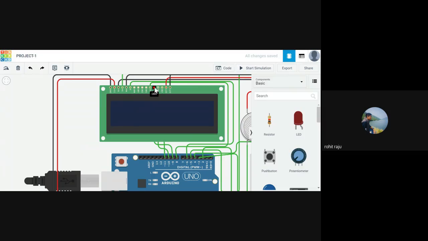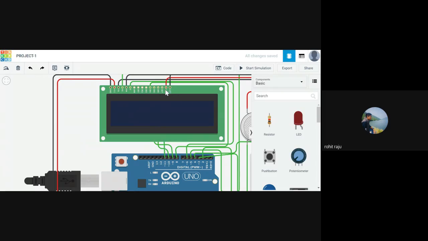The last 4 ports. So DB4, I connected this to, see, it gets highlighted, the digital port 8 on the Arduino. See, it goes right here to DB4. The connections are done behind the LCD because there's no place here. That's why I've done it like that. And DB5, let's see where it's connected. Yeah, this DB5 goes to 9. DB6 goes to 10, and the last one, DB7, goes to 11.